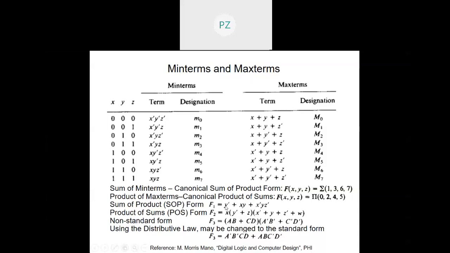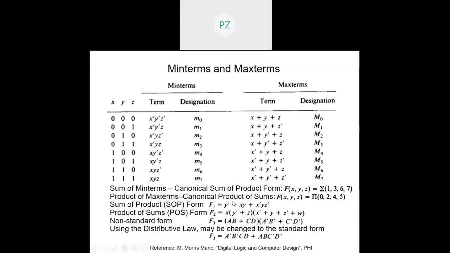So what I'll have to do is AND this y dash with x plus x dash and also AND with z plus z dash. Why am I doing this? Because x plus x dash is 1 and z plus z dash is 1, and anything ANDed with 1 as many times as you want will give you the same value. So y dash dot 1 dot 1, and then those two ones are x plus x dash and z plus z dash.